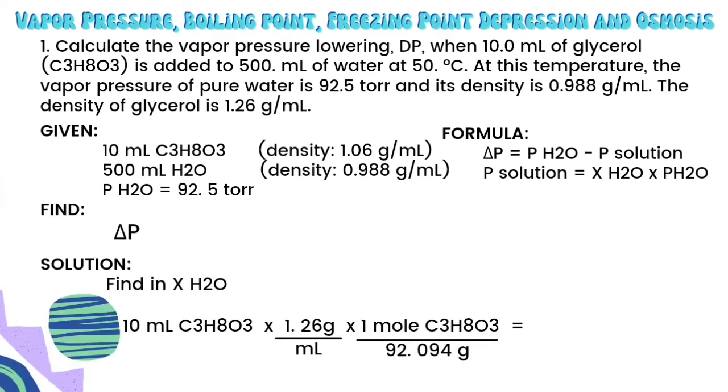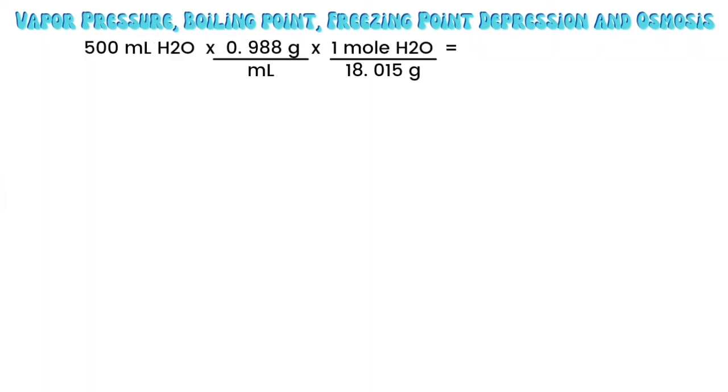For the molarity of glycerol, 10 ml of C3H8O3 times 1.26 grams per milliliter times 1 mole over 92.094 grams, wherein the 92.094 grams is the molar mass of glycerol, which would result to 0.137 moles of C3H8O3. Following the same procedure for water, we would get the result of